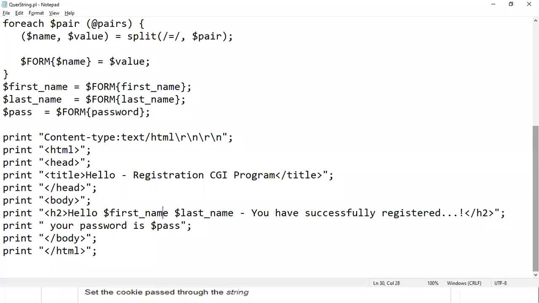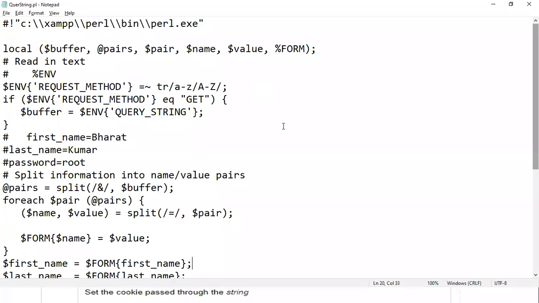Okay, this is the program script we are using to query in Perl to get the query string, to process the query string. As we have already discussed earlier, the environment variable will contain the method. What type of method it is, a GET or POST. If it is a GET method, then only we are getting the query string. So the environment variable is what we use to get the query string.